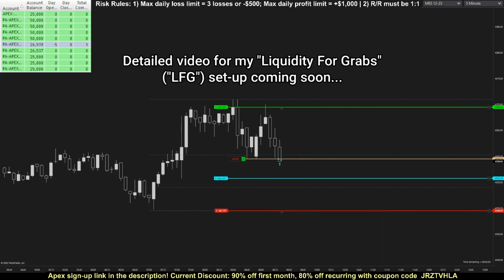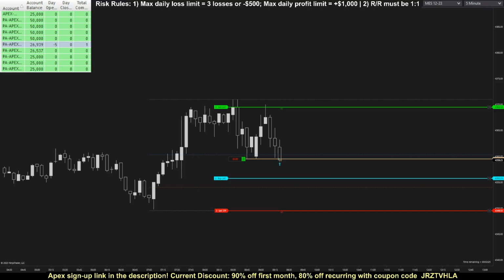I mostly still look for my favorite setup, the liquidity for grabs or LFG setup, but I'm becoming more comfortable sizing in and managing risk, which is ultimately what I find to be the most important aspect of consistent profitability. I do still consider reward to risk when determining my profit targets, and generally try to go for around 1-to-1,